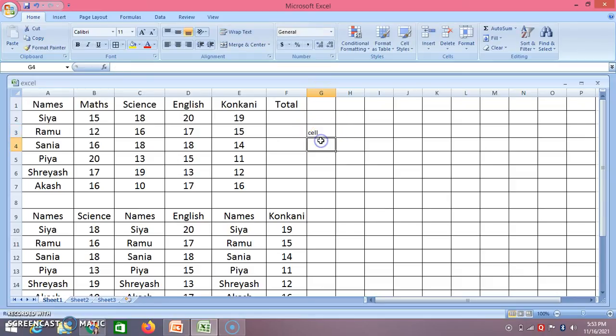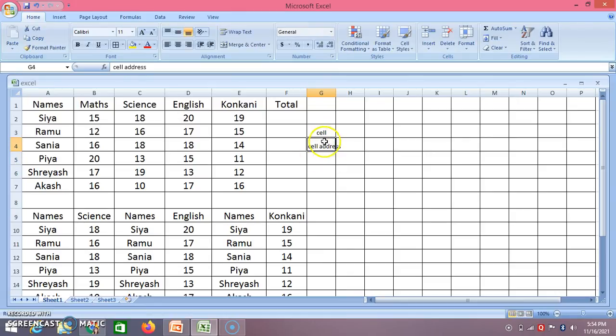And what will be the cell address? How will you address this cell? I have selected this one; take the column first: G4. This will be the cell address. The cell address is nothing but the name of the cell.